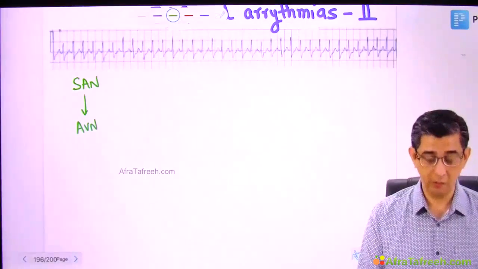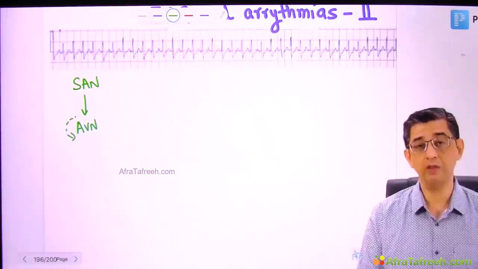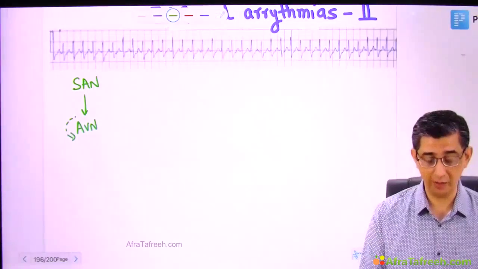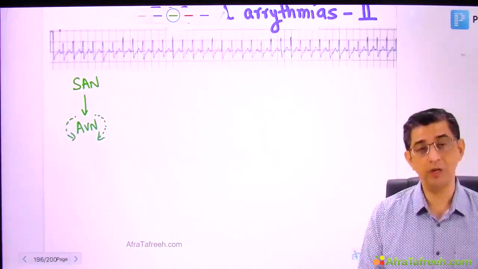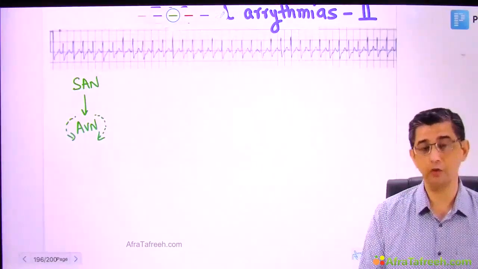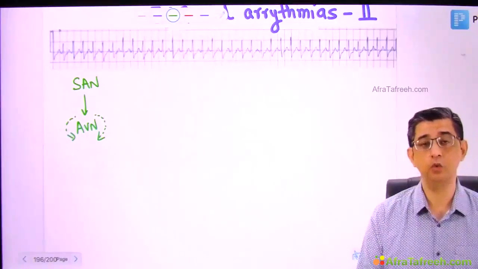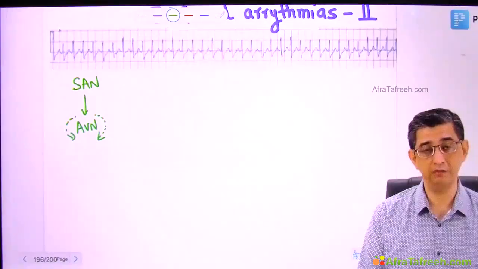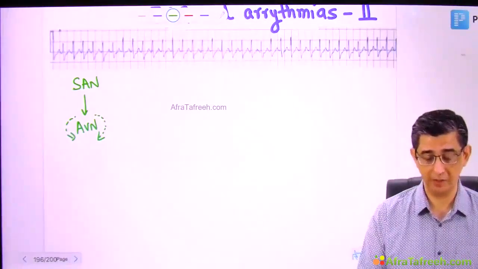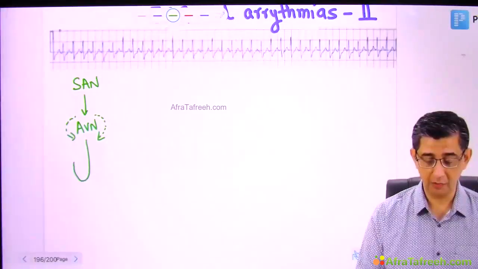You will notice that both sides of the AV node do not have an equal refractory period. That's an important point: the AV node is slowly conducting. It has an AV nodal delay of 0.1 second, but I highlight the fact once again that both sides of the AV node do not conduct with the same speed. There's a variation with respect to the refractory periods, but finally this current will be able to hit the bundle